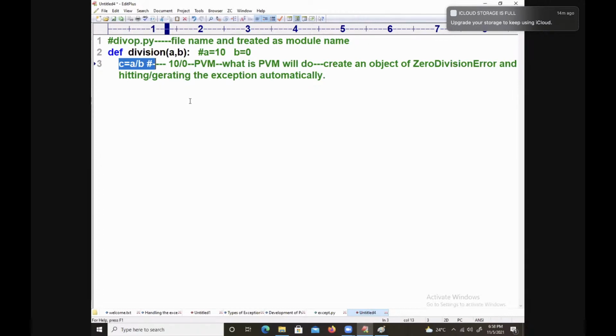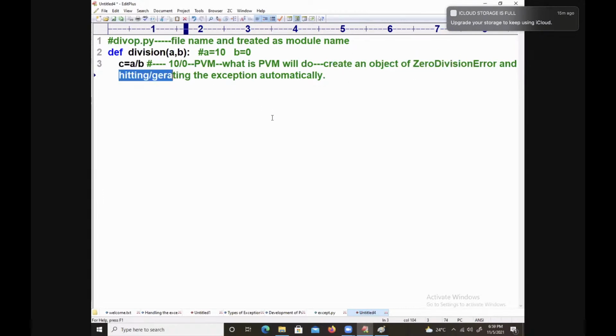Raising an exception is nothing but what? Come on, fast. Internally it creates an object of it. Right? Coming to the point, what will it do? It creates an object of that and raises an exception.